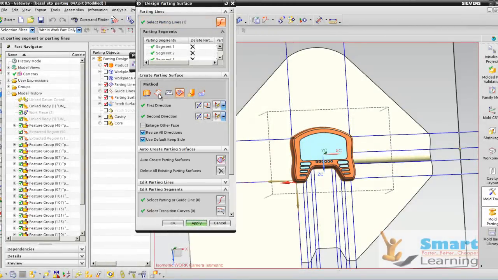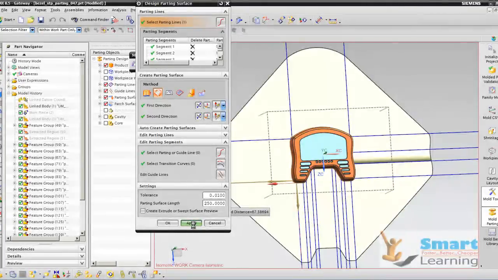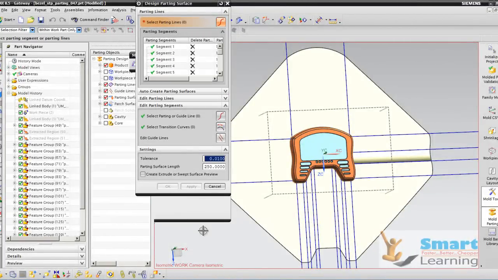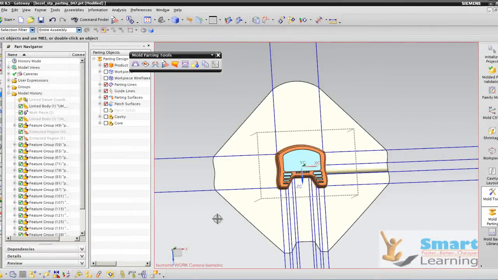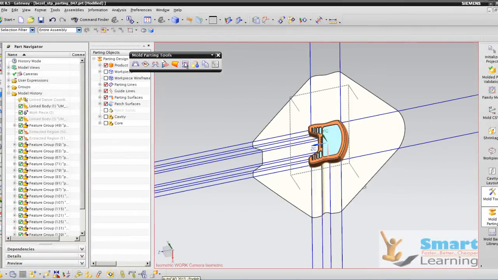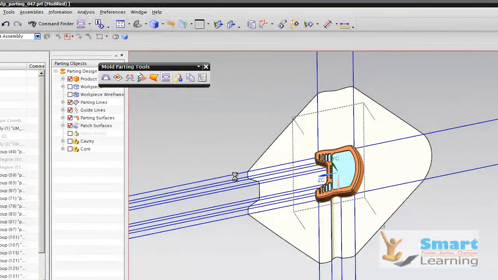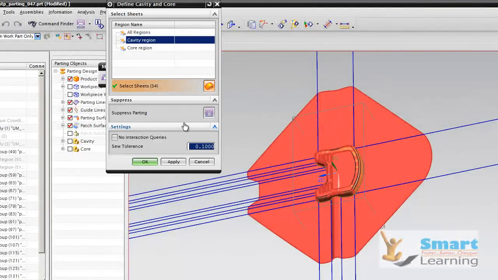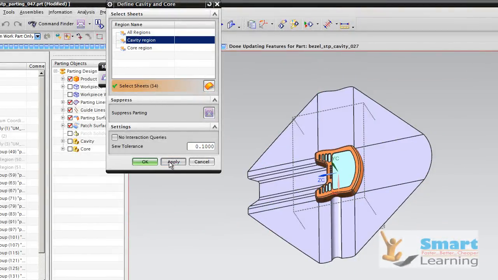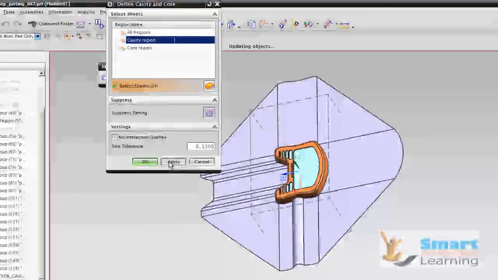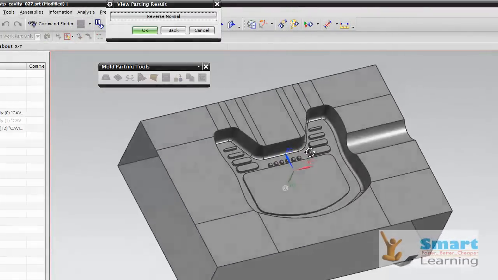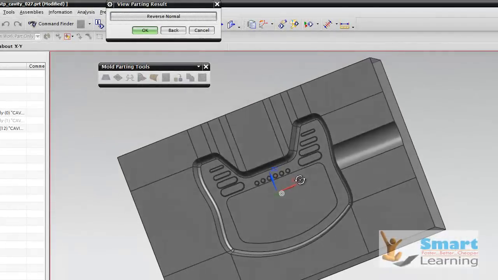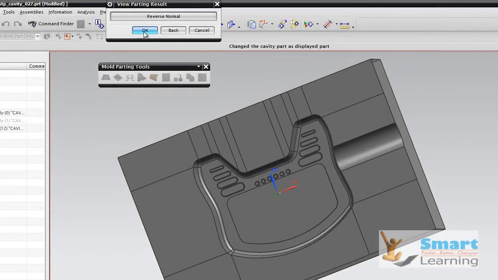So we are done, and finally after applying you can see here there are no options left. Cancel it, and now we are ready to go for core and cavity extractions. And then you go for the cavity region first, apply. Now you can see your final output, this cavity, and after that you can create your core regions.